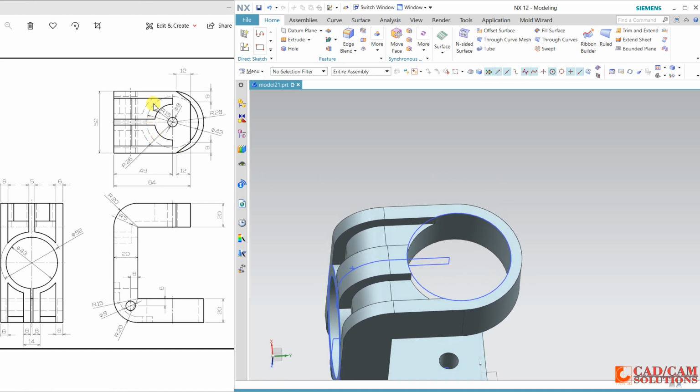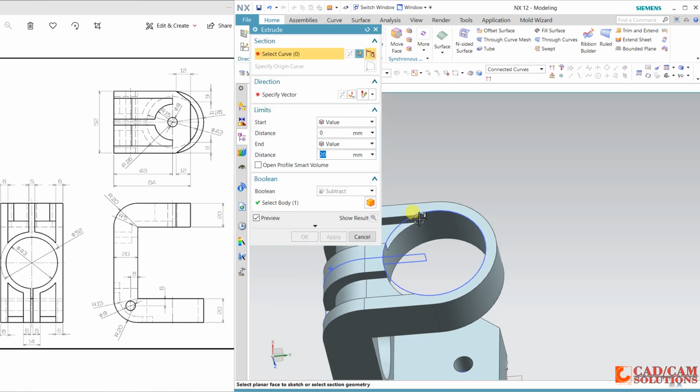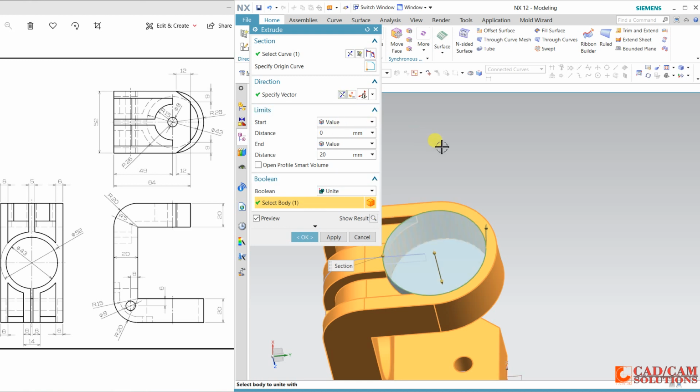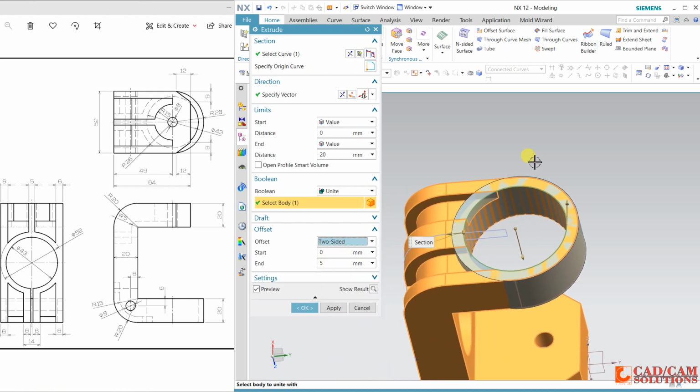And see, we have this rib which is 26. Okay, see, for this gap I will use offset. So unite, reverse the direction, and offset, select both sides, and thickness is 26 minus half of this 43.